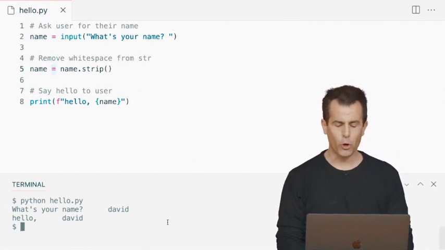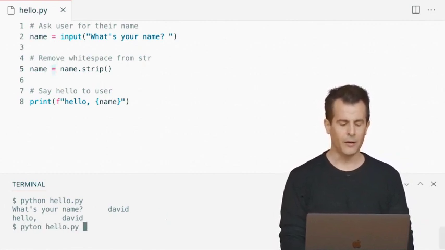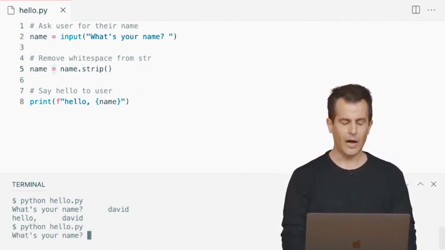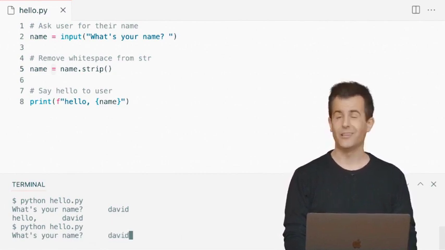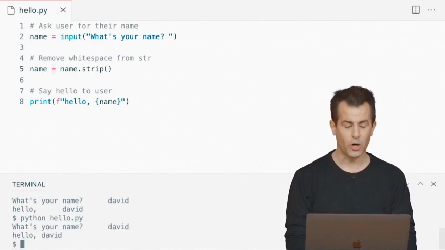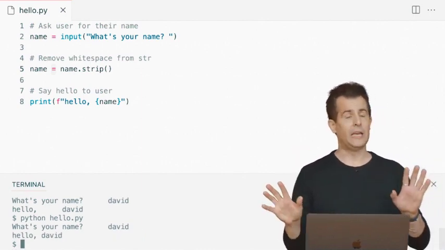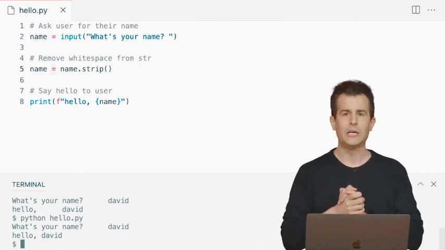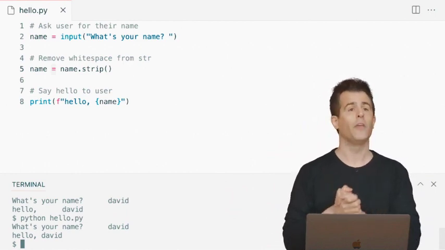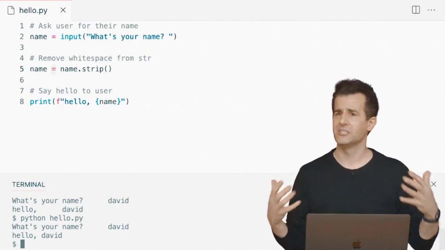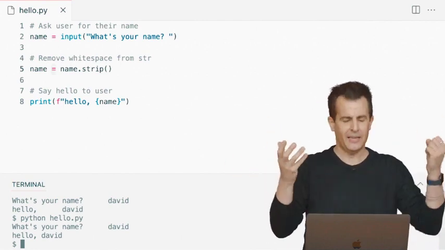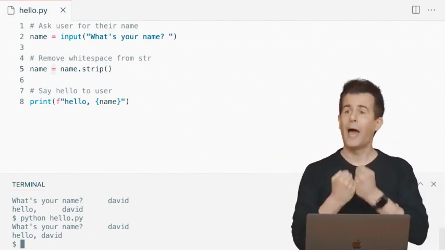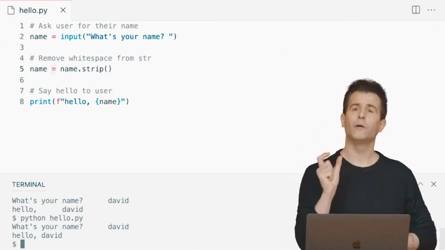So now, if I rerun this program, python hello.py, enter, I have DAVID. Oh, let's do it again. Space, space, space, space, space, DAVID in all lowercase, space, space, enter. It's better. It hasn't fixed my capitalization, so I'm still being a little sloppy with the first D, but it has stripped off all of that extra space. Super minor detail, right? Like this isn't all that exciting, but it just speaks to the power of what you can do with just a single line of code.